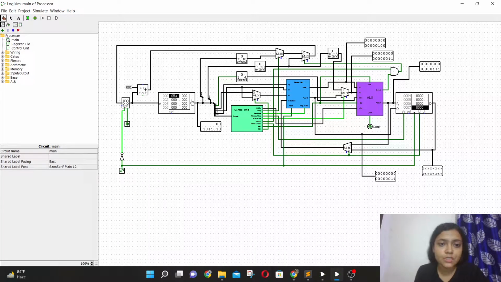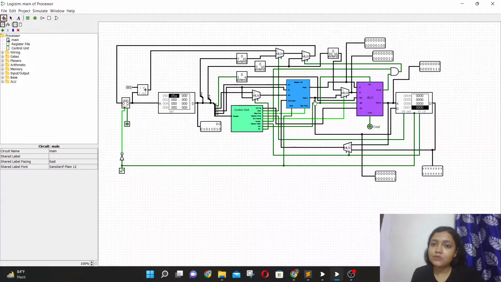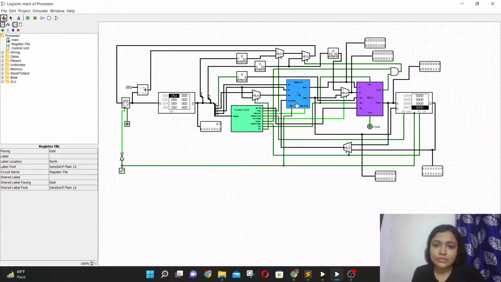And here basically we are splitting the output of the ROM. The first 3 bits go into the control unit as opcode, and the rest, two 2-bit registers RS and RT and one 2-bit register RD, go into the register file. The two outputs of the register file go into the ALU. And finally, the output of the ALU, which is our result, goes back to the register file as write data. And here we can see,